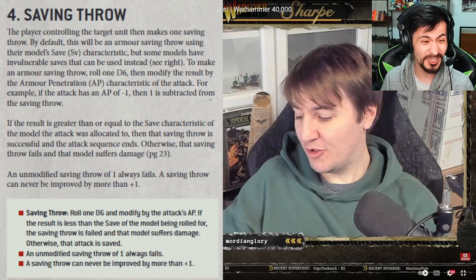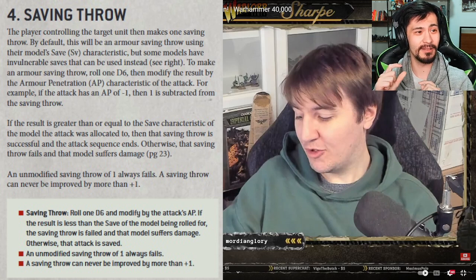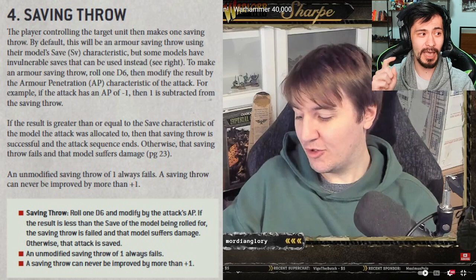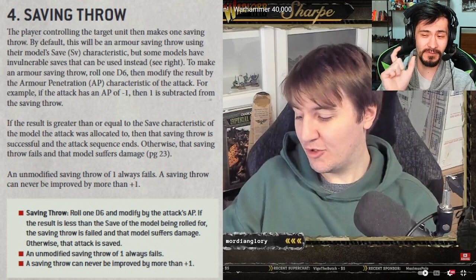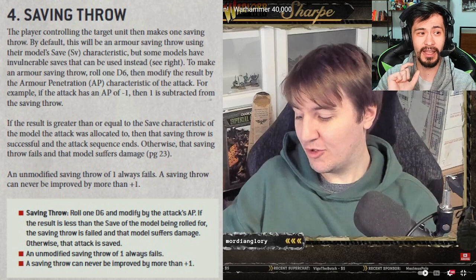of the most consistent distinctions that we see throughout the entire 40k rulebook, I was really surprised at how consistently they do this correctly, is that the save, especially with a capital S, and the save characteristic are identical in terms of how they function in the rules. The words that Mordian Glory is looking for is saving throw,